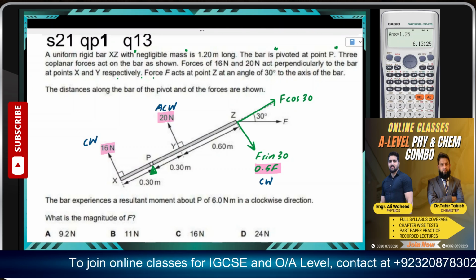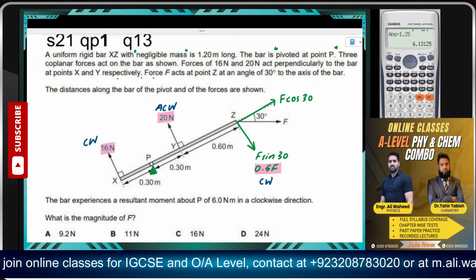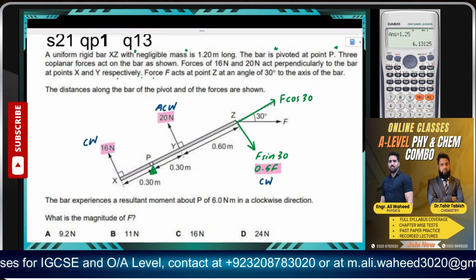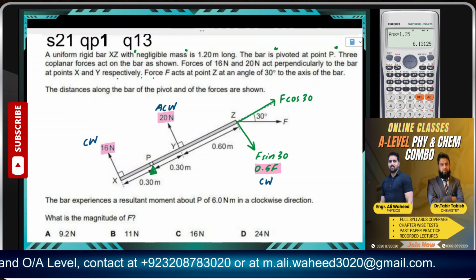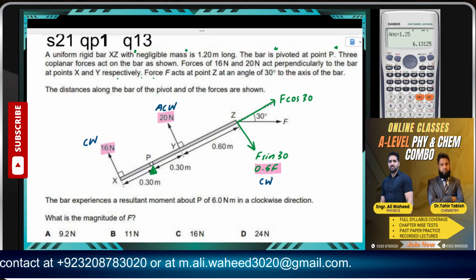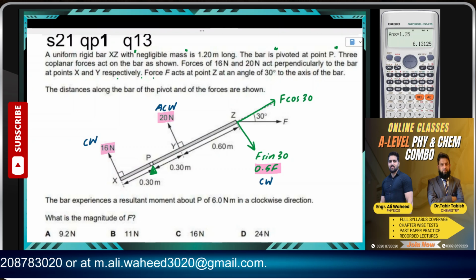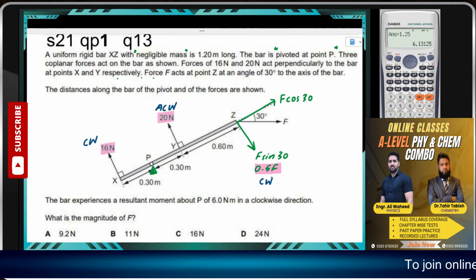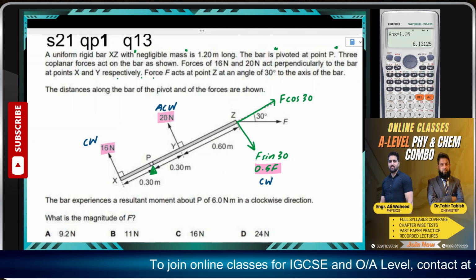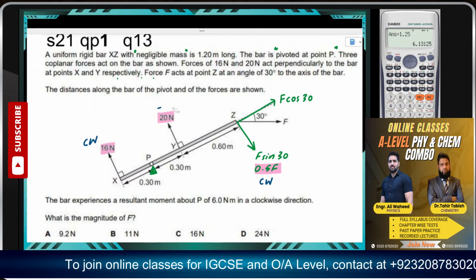And we also know this thing, that the resultant moment is not zero. What does that mean? It means the sum of clockwise moments does not equal the sum of anti-clockwise moments. The sum is not equal. As a matter of fact, the clockwise moment is greater than the anti-clockwise. So what is a clockwise moment? Clockwise moment is,